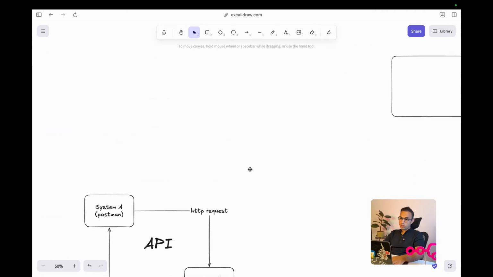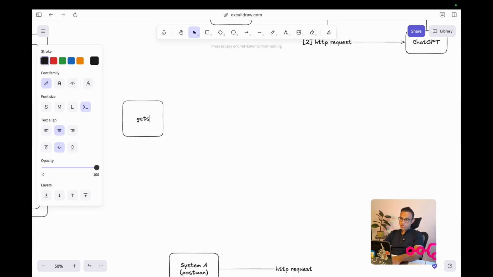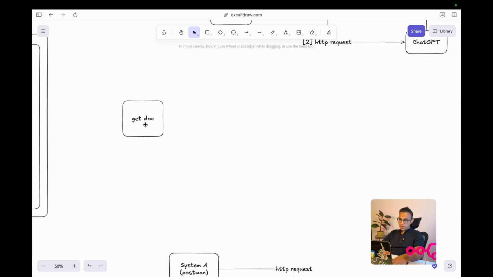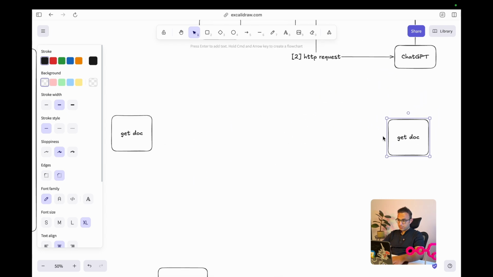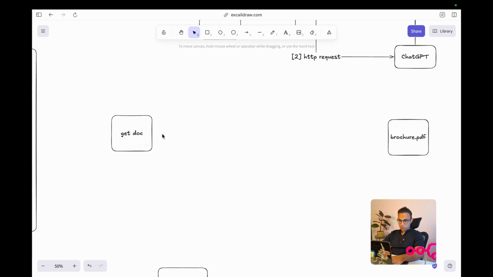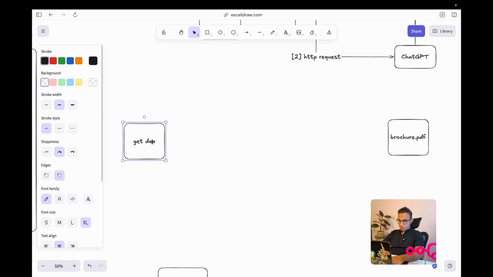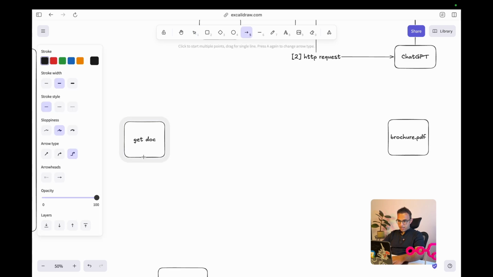So the way you want to do, let's say you want to build a workflow that does the following things. It gets a doc, in that get doc. So the start of your workflow is get a doc. The end of your workflow is a brochure.pdf that you can send to printing. The idea won't be that you take it from Google Doc, put it back to Google Doc. That's not a good solution.